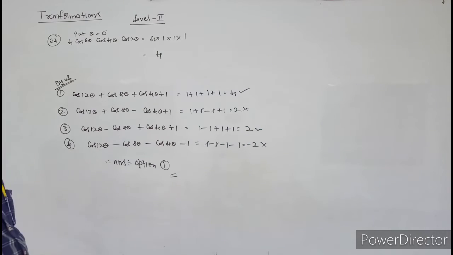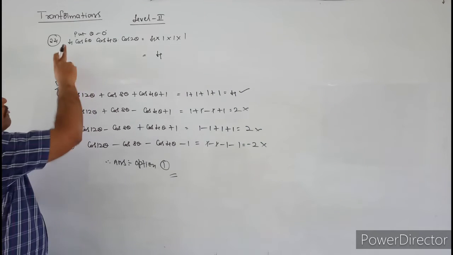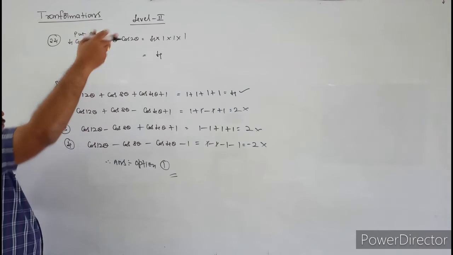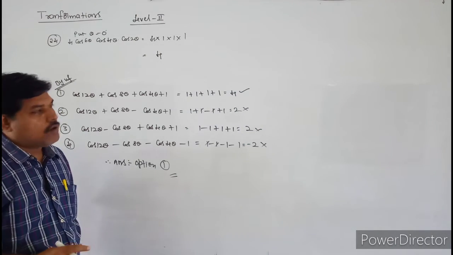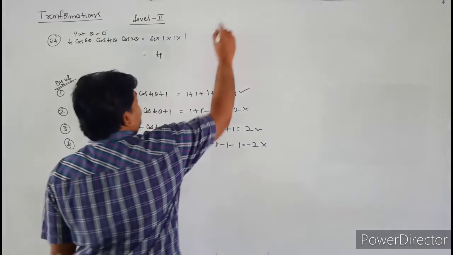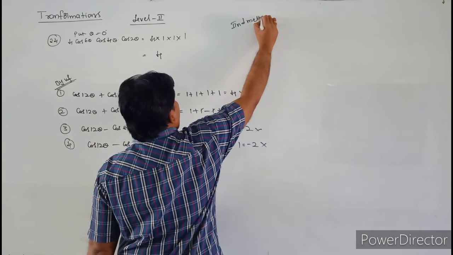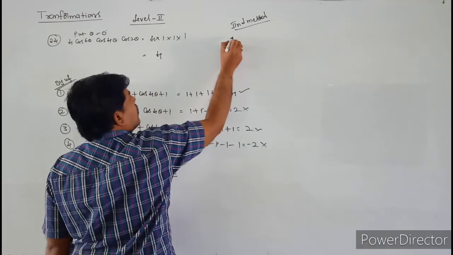It is easy to verify. Otherwise, what we have to do, students, is apply the 2 cos A cos B formula, the cos of A plus B formula. So then you can see that in that method also. I will do that in the second method also. Second method. See that one, students.